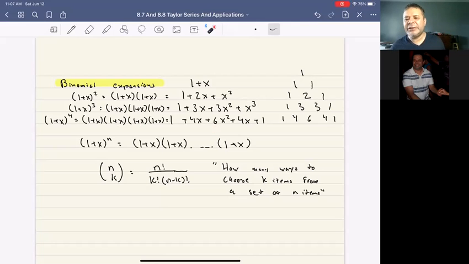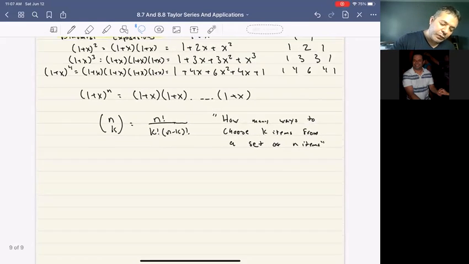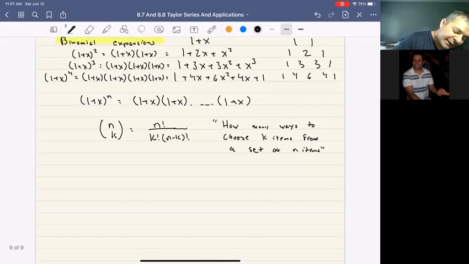You don't really need to know that, but I just wanted you to see this does not come from nowhere. These are all connected, and you actually get a little bit of probability theory here. But where's the Taylor series? Okay, where's the Taylor series? Well, what we have here is that if f of x equals 1 plus x to the n, this equals the sum,